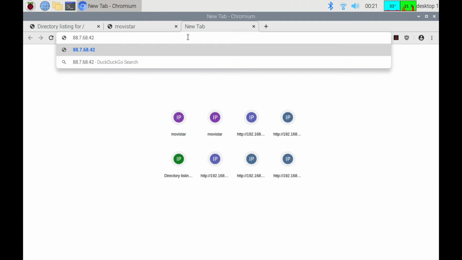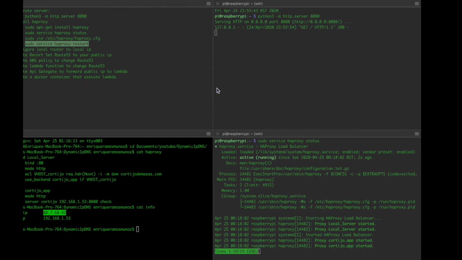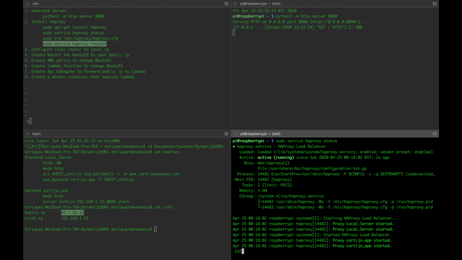So if we are going to this one, we get service unavailable because it's being stopped by the haproxy. To modify this one, we have to modify the proxy